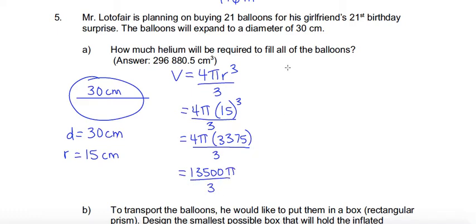So the next thing I want to do is divide my numbers. So 13,500 divided by 3 gives us 4,500 times pi. Now this is where we can use our pi button. So 4,500 times pi gives us